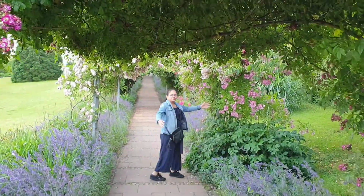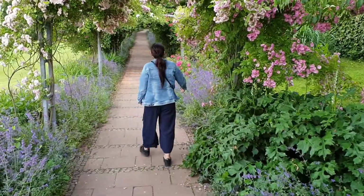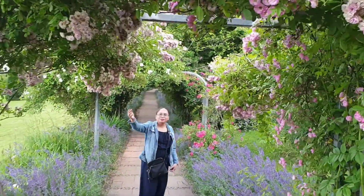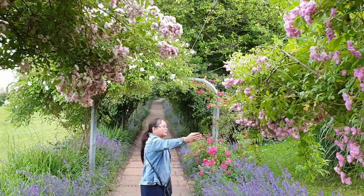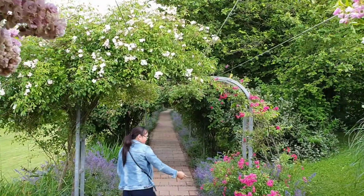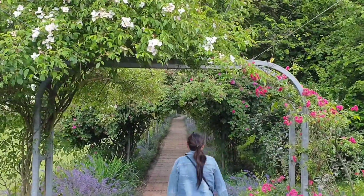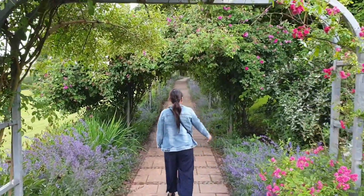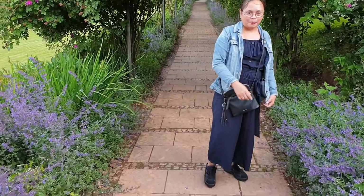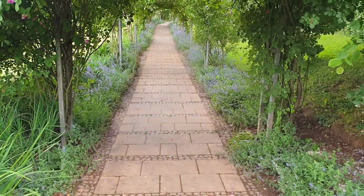Going through the trellis here. It's like the Death Star, but with roses. Roses all over the place. These are very, oh man, if you could smell this right now, it's all roses here. Roses and little bluebell style flowers and